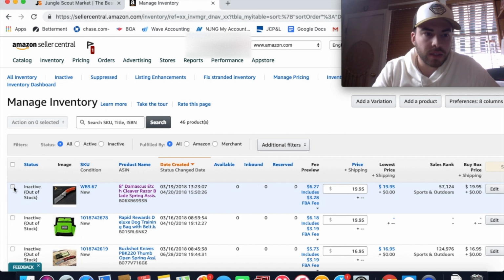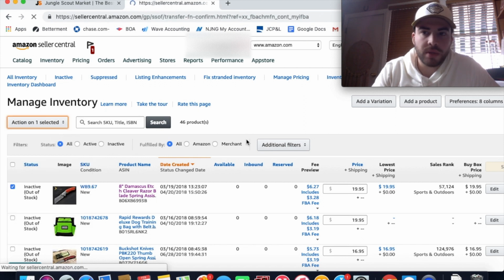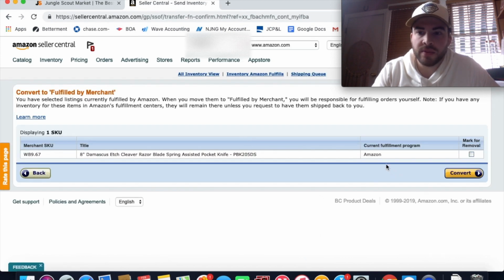So you click this little check mark here, then you go to action on one selected. So we'll click change to fulfilled by merchant, and vice versa. If it was a merchant fulfilled listing, just click change to fulfilled by Amazon, follow a couple of the little steps in there, and then that's it. You'll be able to set up inventory. Current fulfillment program, Amazon. You'll see that right here. Hit convert,